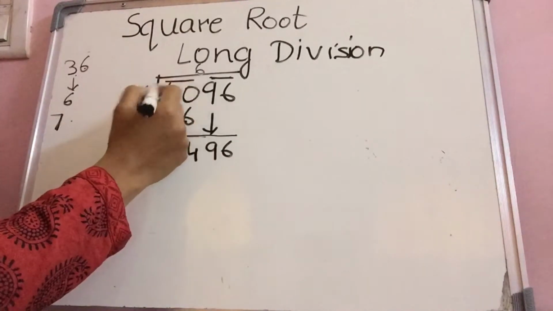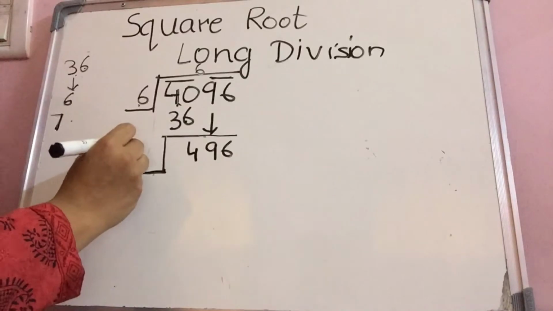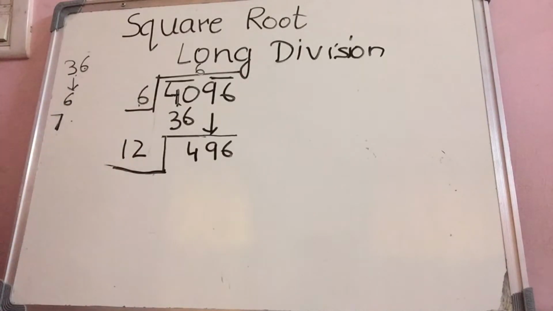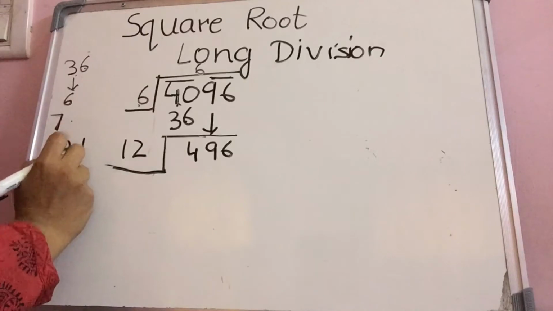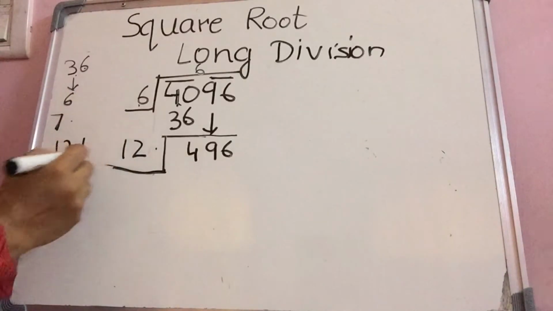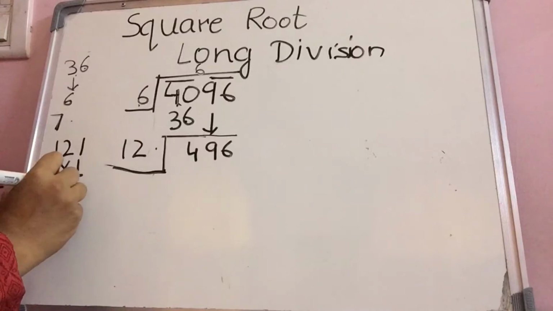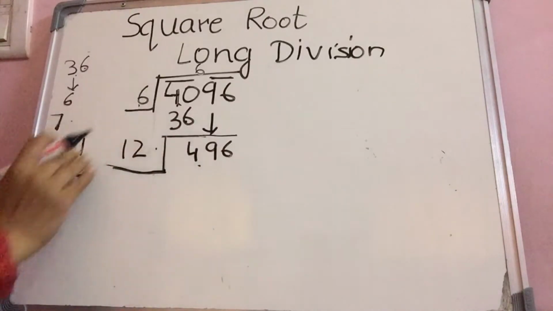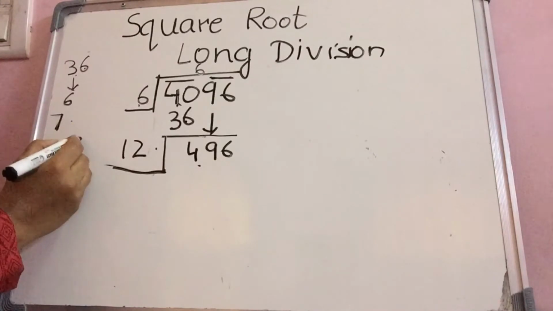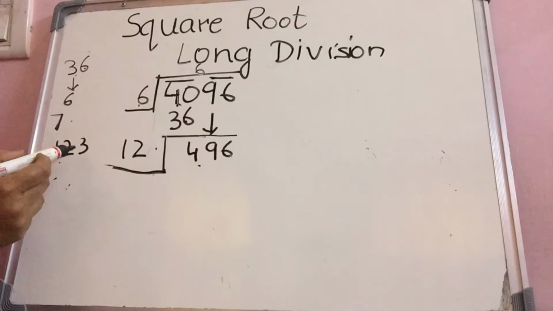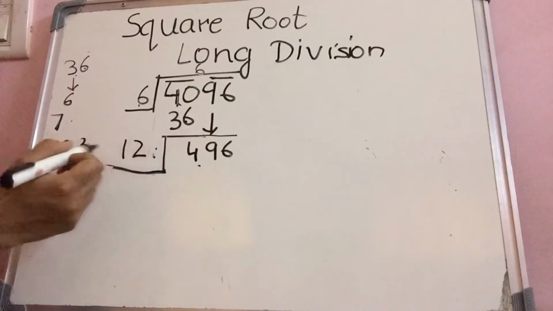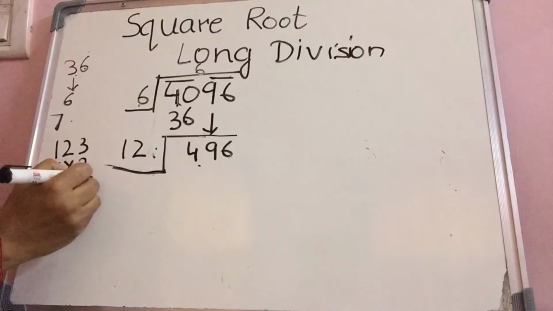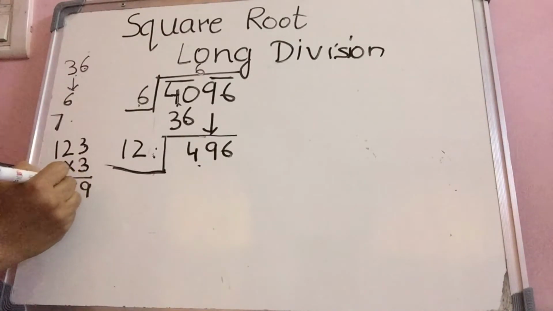Here we will add these 2 numbers and then we'll write it here 12. Right? Now we'll find a number which, suppose we take 1, 1, 2, 1. Then we have to write this 1 here also and we will multiply it with 1. We get 121, but it is a very small number. We'll take 3. So we have to put this 3 at the unit place, ones place of this number, and then we'll multiply it by 3 only. 3, 3, 9, 6, 3.